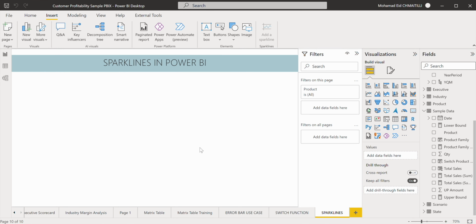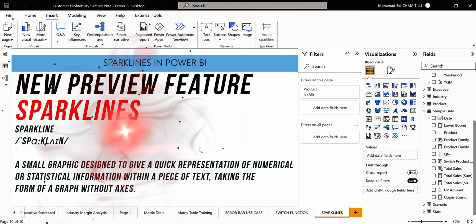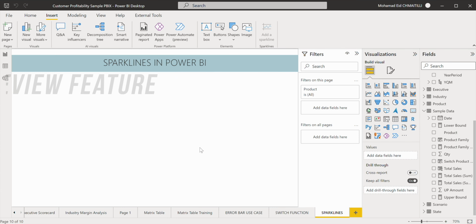So what are Sparklines? Sparklines are like trends that show you how data is moving over a period of time. It's very important to understand that Sparklines will give you information about trends in a very direct way, in a smooth way. So for example, in our data, let's go to the sample data that we are using, and